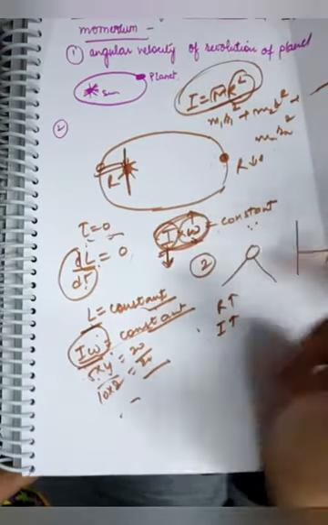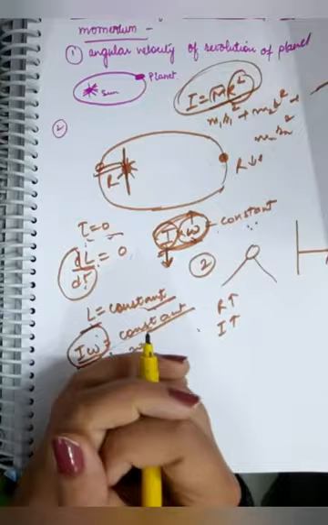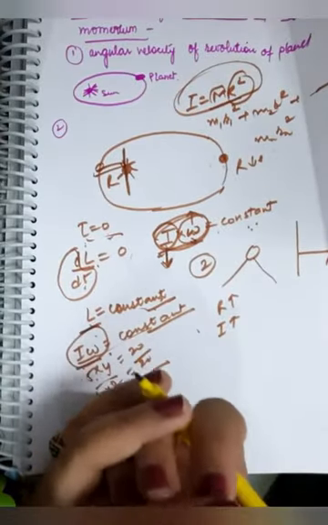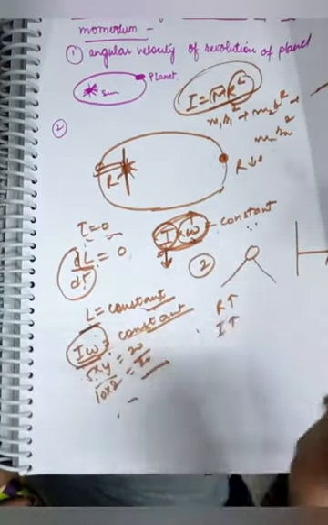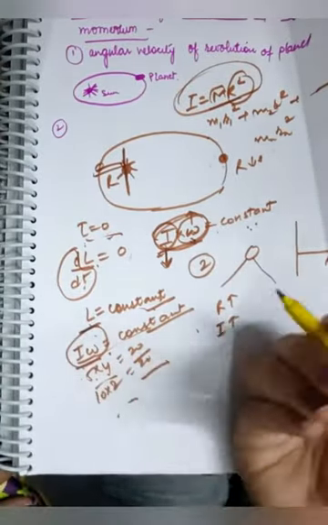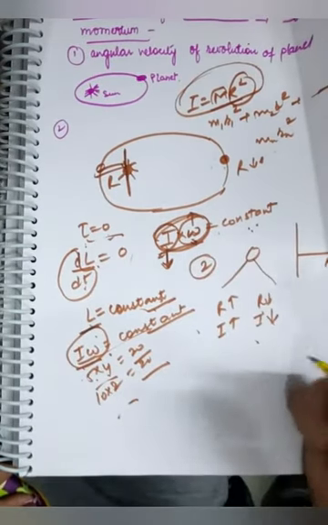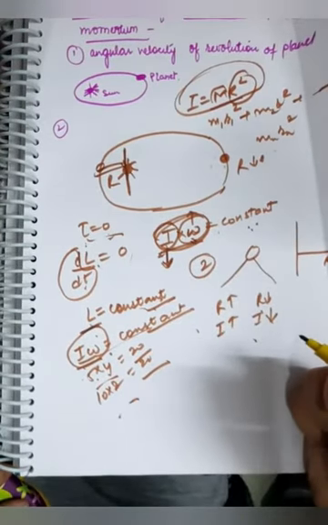I repeat. But when you curl up your body, what is happening? You are rotating very rapidly. Reason being, when you curl up your body, you are decreasing R. When you are decreasing R, you are decreasing moment of inertia. So omega will increase accordingly. So it's all the game of the conservation of angular momentum, right?